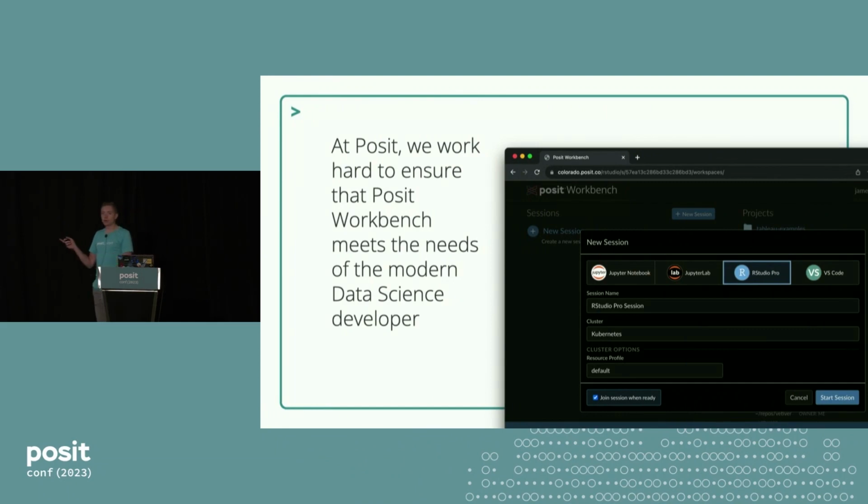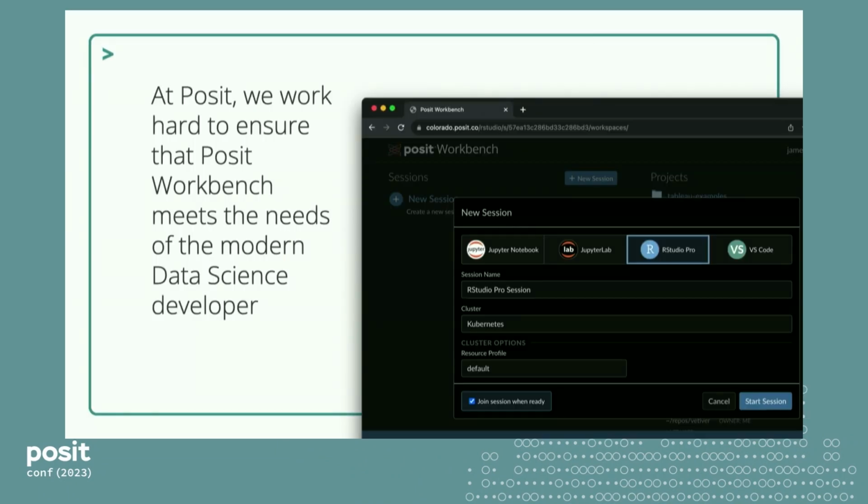Now at Posit, we work really hard to make sure that Posit Workbench meets the needs of the modern data science developer. This includes giving you tools and environments that allow you to do the day-to-day workloads that are important for your work. Exploratory data analysis, model training and tuning, deploying models, managing things of that nature, exploring data visually with tools like ggplot and other things like that, building Shiny applications, coding and working in other environments like VS Code and Jupyter Notebooks are all things that are supported under the